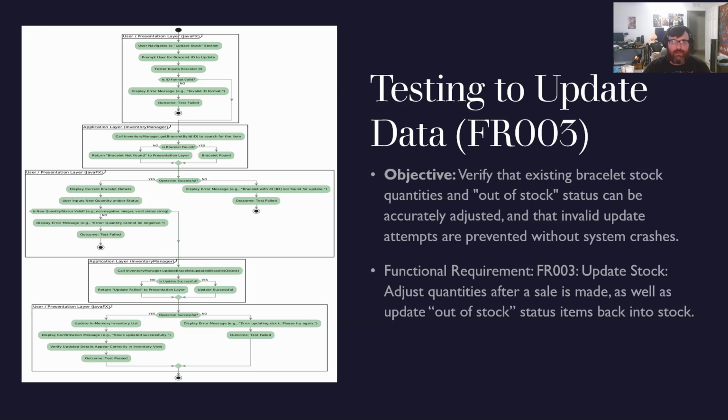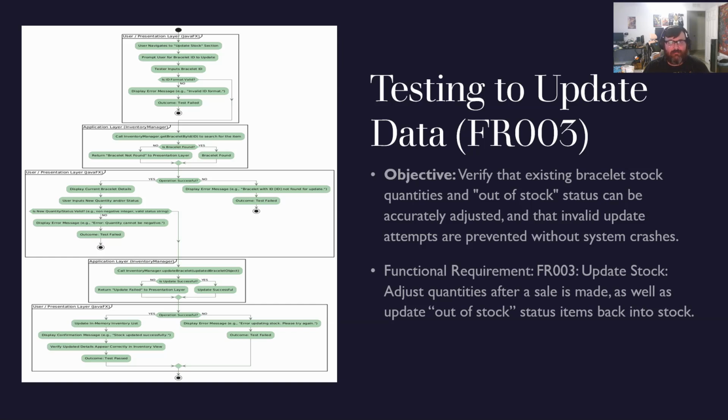If yes, it goes to the call inventory manager get bracelet by ID search. Then it determines whether or not it's been found. If no, it says not found. And then we continue forward down the display path of test failed. If yes, it will say bracelet found, go to the operation successful, then it will display the current bracelet details, then it will ask the user to input the new quantity or the status,